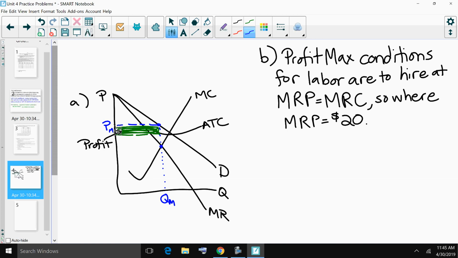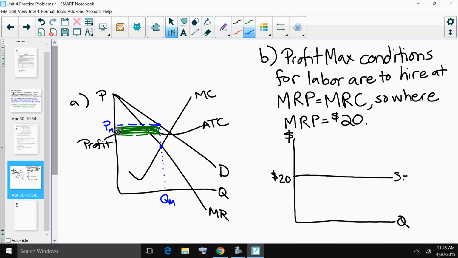B part 2 is draw a correctly labeled graph with our labor supply and demand curves and indicate the profit maximizing quantity. So we are going to draw our graph. You have your axes. Okay? We have our quantity of labor and we have our wage rates. Okay, this is not price, this is wage rate because we are in the factor market. Now, we know that the wage rate is $20. Okay, so our supply, our MRC, is $20. Now, our demand for labor, our MRP,